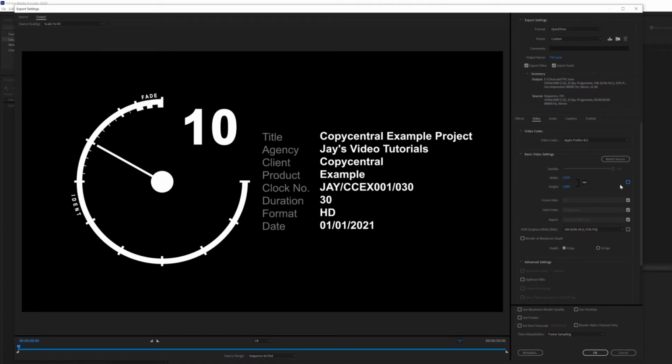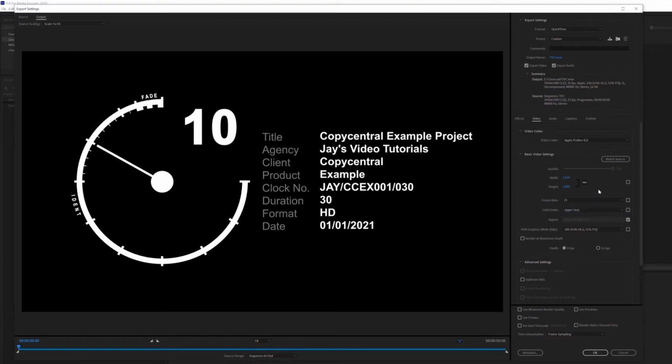Another thing to note, as it could be missed if you're used to submitting ads in other countries, is UK television operates at 25 frames per second, so make sure your frame rate is set to 25 FPS. Lastly, you'll need to make sure your field order is set to upper first.